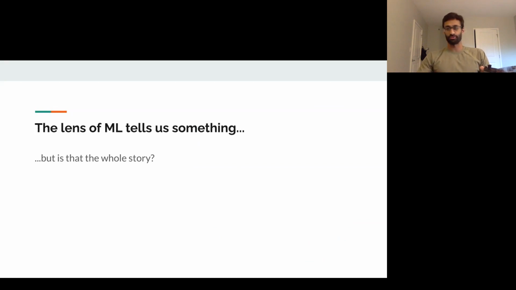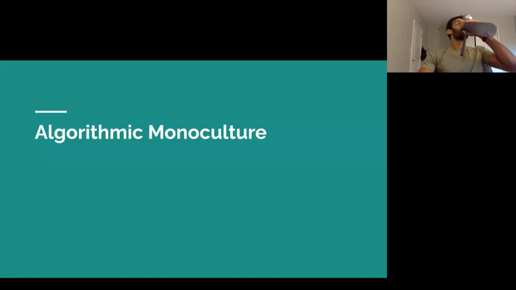As we start to see algorithmic hiring used throughout certain industries, what other effects are we going to see? What is the larger picture behind this? And so the focus in the remainder of this talk is really going to be about using the lens of mechanism design to think about the societal and game theoretic effects of introducing something like algorithmic hiring into the world. In particular, the concern that I want to raise today is what I'll call algorithmic monoculture.